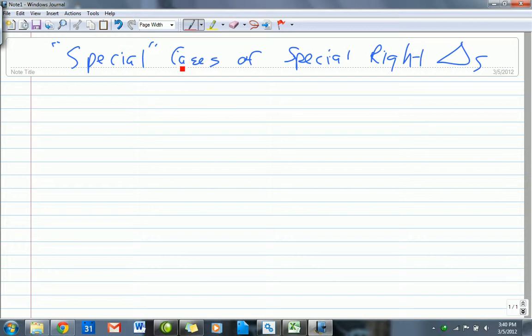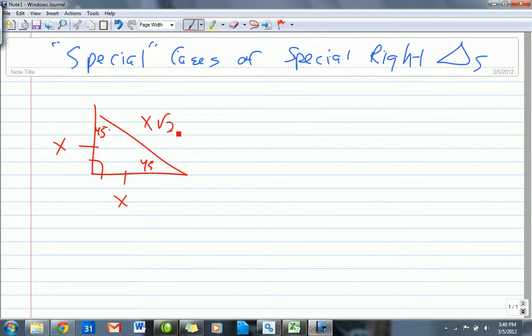Please recall that a 45-45-90 is an isosceles right triangle. The ratio amongst the three sides will be x to x to x root 2. The hypotenuse will always be root 2 times the two legs. Okay? For a 30-60-90,